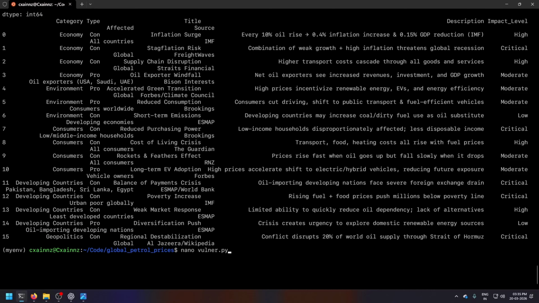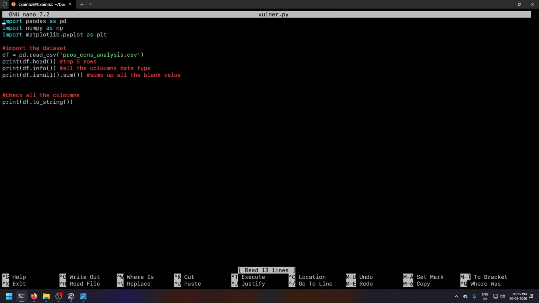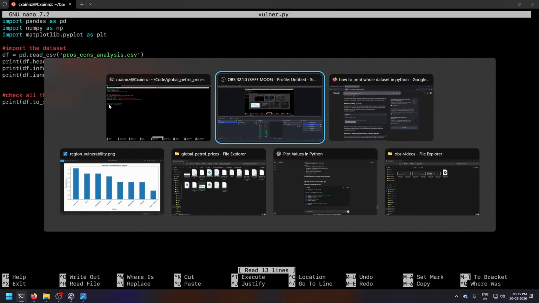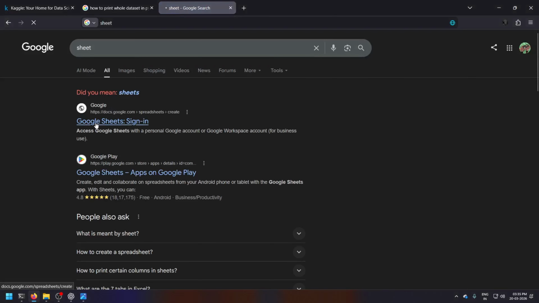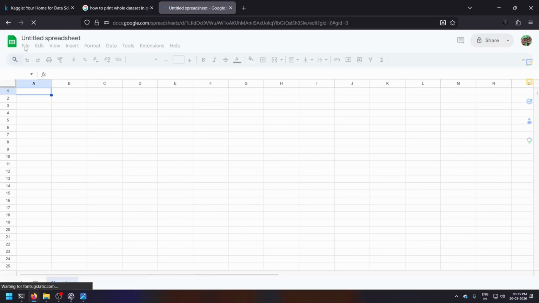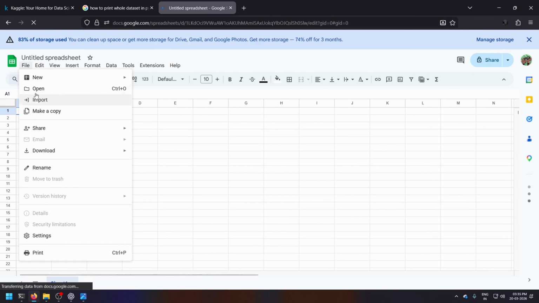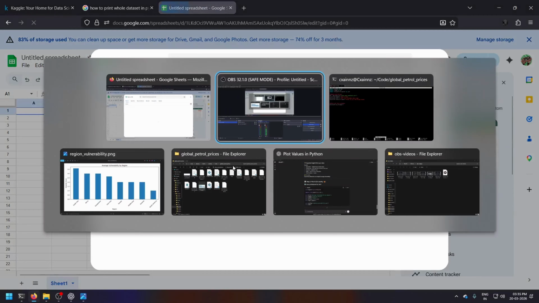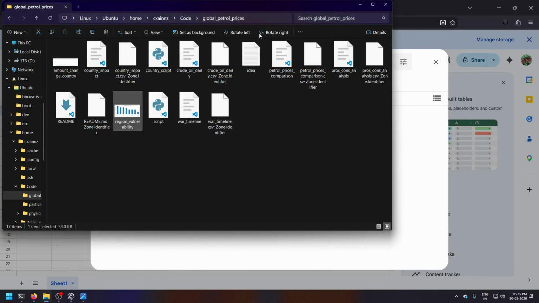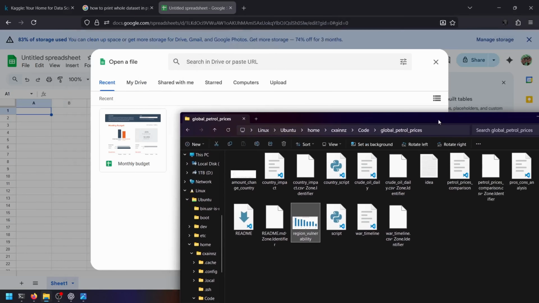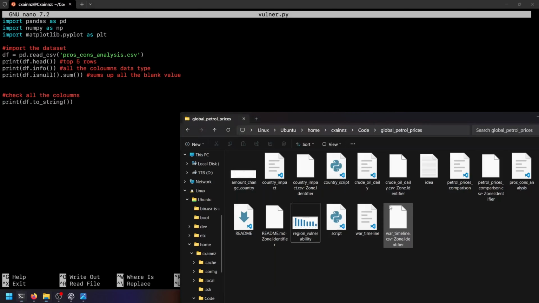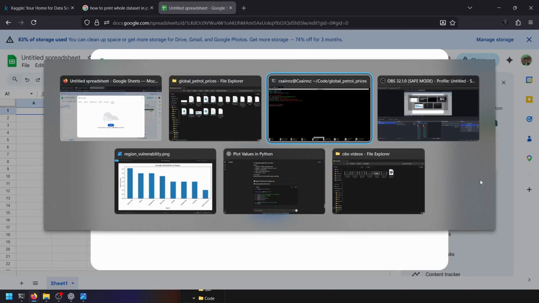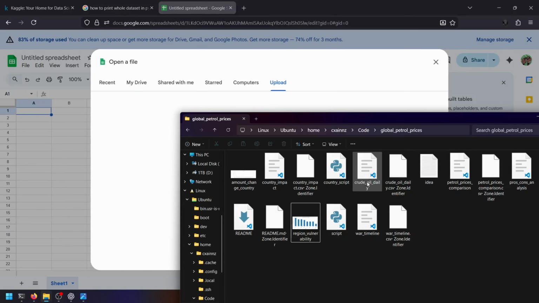Let it be. I can export this thing, right? Sheet, let me go to the old way. So let me open. Okay, so I think I'll just upload it, and it was what graph? Pros and cons. Okay, so pros and cons analysis.